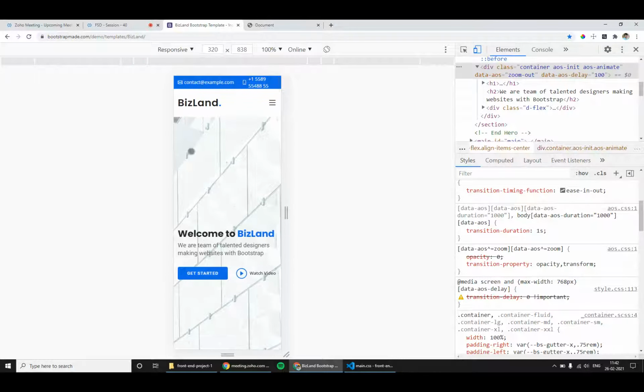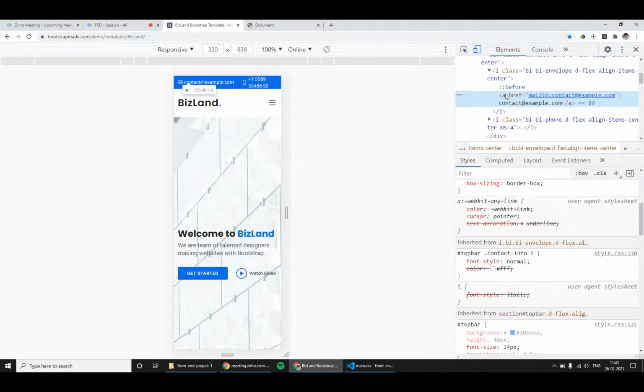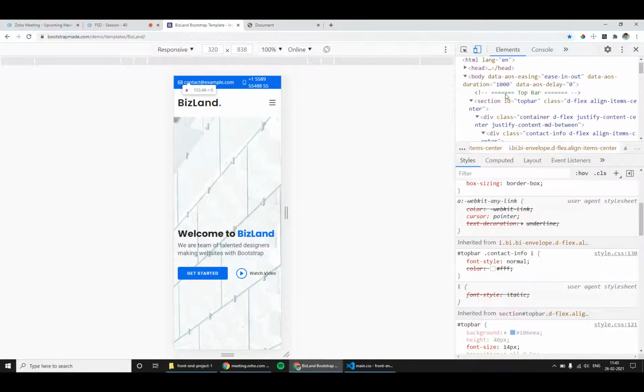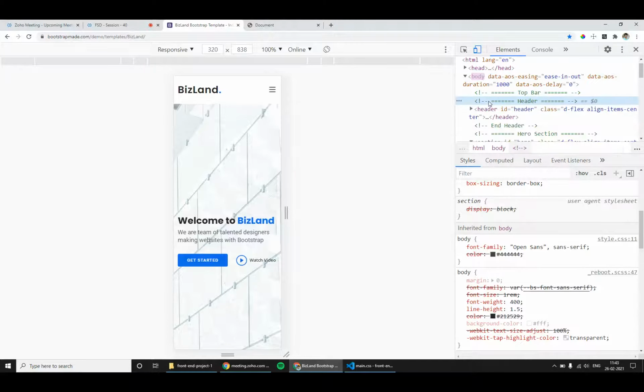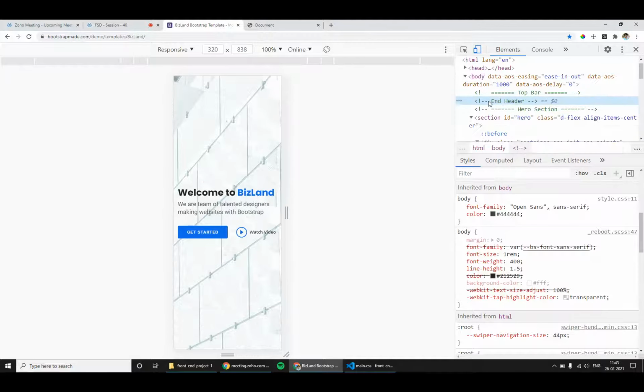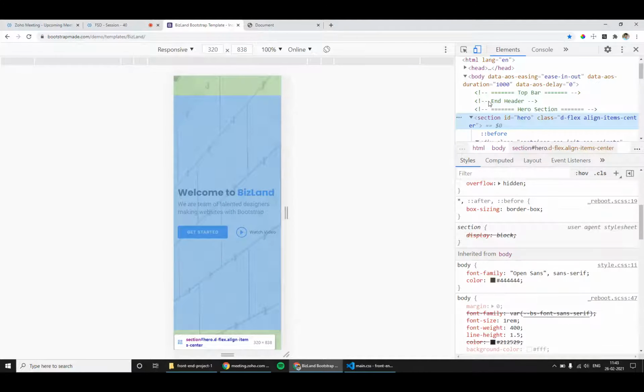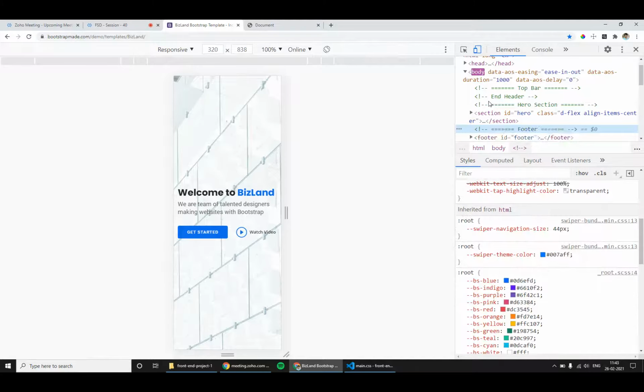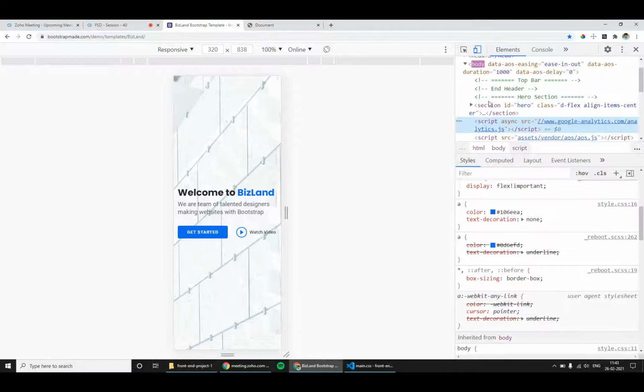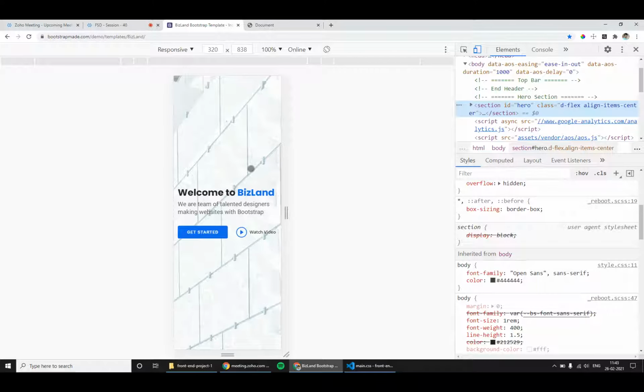Let me delete unwanted sections from my target website as well. Bar is not needed, header is not needed, hero section is needed.